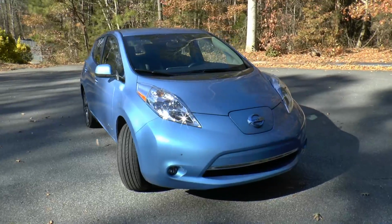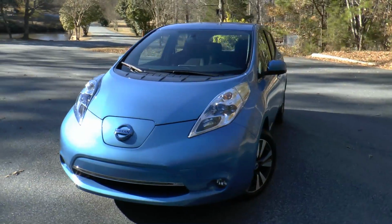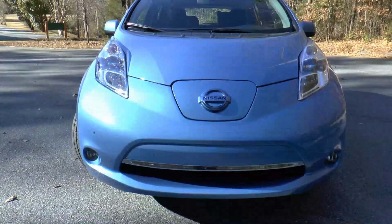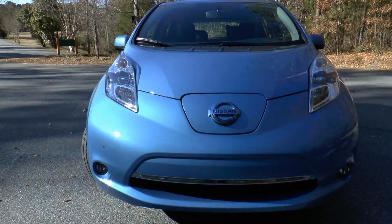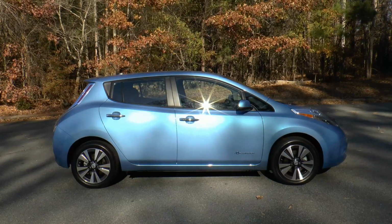Obviously, our 2014 Blue Ocean Nissan Leaf SL is not the actual color green, but it is about as green as an automobile can get for those trying to pace their individual carbon footprints. And that is why AutoAcademics was interested in testing it, to see if this car could be used just like